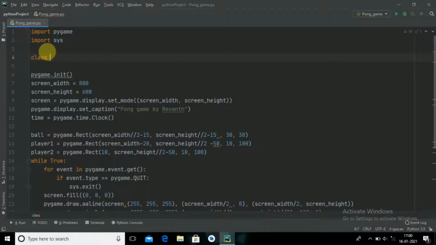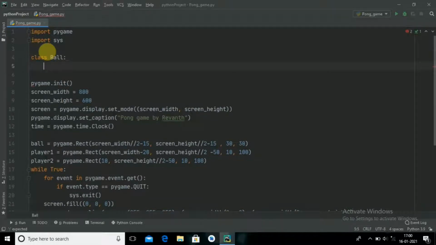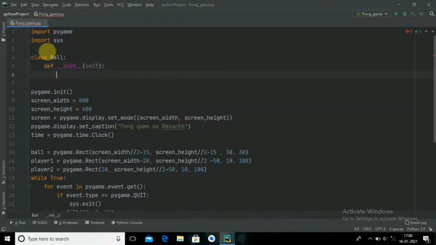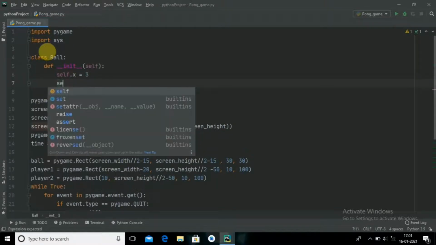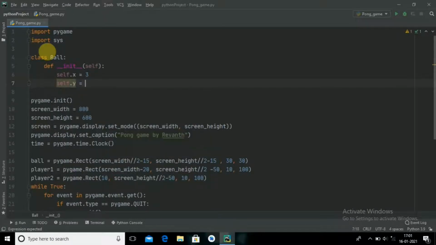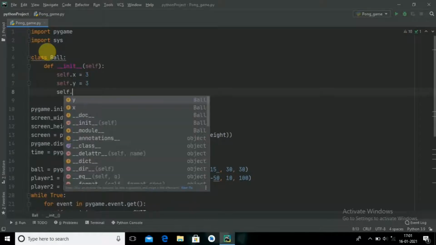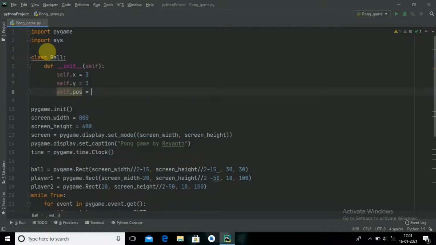everything in the class Ball. It makes it simpler. Create it and then def init. I need x and y. In x and y I will take, you may have a doubt what exactly is x and y. This is our x direction speed and y direction speed. Then self.pos, and what exactly the position the ball should be. As we earlier did, it is in the middle. So let me take